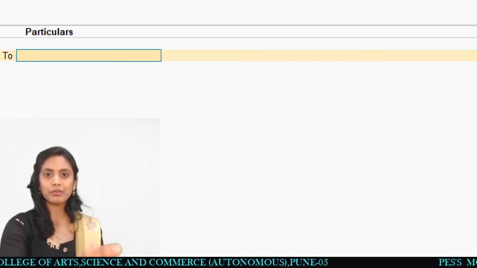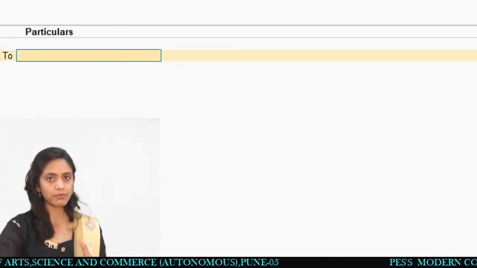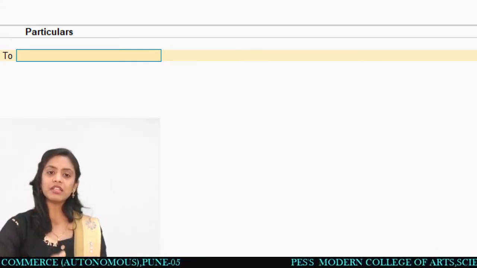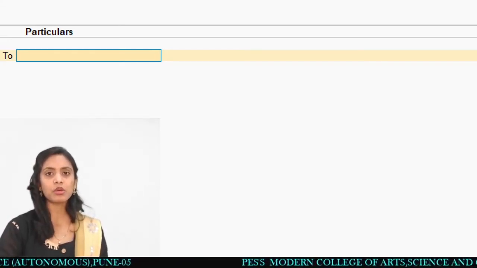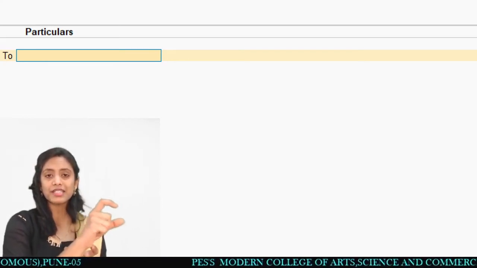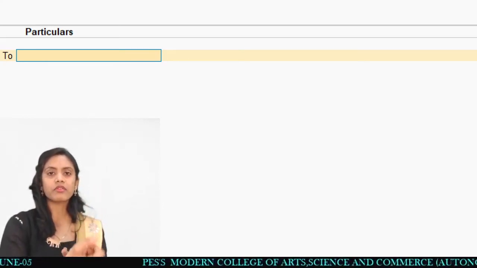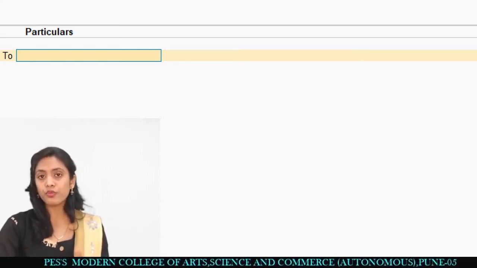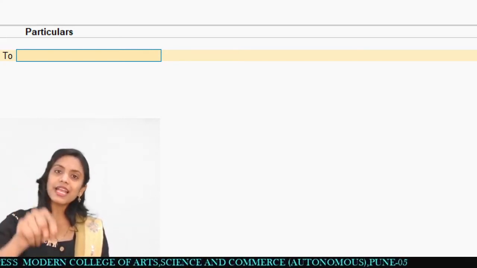That is our entry, bank account debited to cash account, but Tally is not following the same procedure. That's why they are giving you the 'To' first. Then be careful about what is given over there, whether it is a 'To' or a 'By'. So when it is a 'To', it means that it is credited. So which account was credited? That is the cash account.